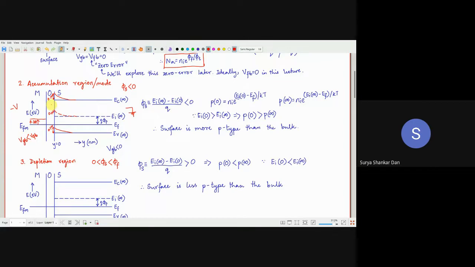And what are the sources of that? The potential drop in the oxide we will investigate later. Those are basically the faults in the oxide, like traps in the oxide. We will look into those anomalies, if I can call it, the defects in the oxide. And because of the defects, some amount of the applied voltage will always be lost over there. And that is the reason why we need to bother about the surface potential.